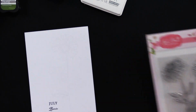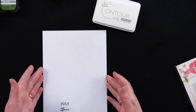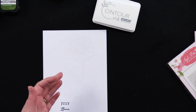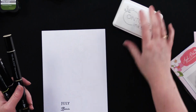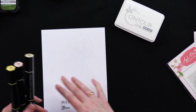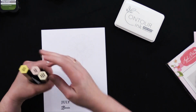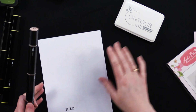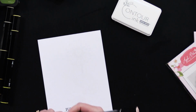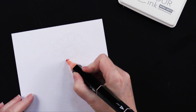All right, so for this then, when you're using the contour ink pad, it's a great way to get sort of a watercolor look, or a hand-painted look from your ink, from your stamp and from your pens. So for this, I'm going to be using the coral. And for each one of these, I think we're going to have to zoom in quite a bit on this one, Steve. For this one, I'm going to start with the darker shade, and I'm just going to flick a little